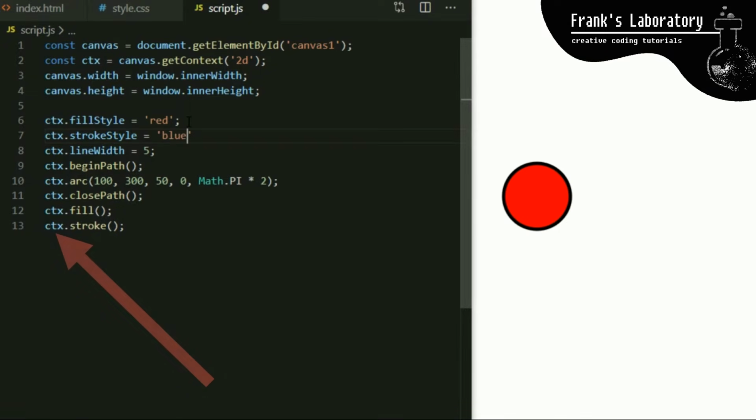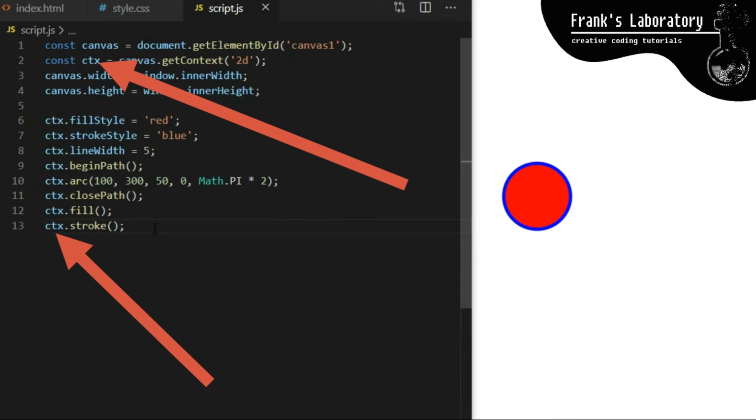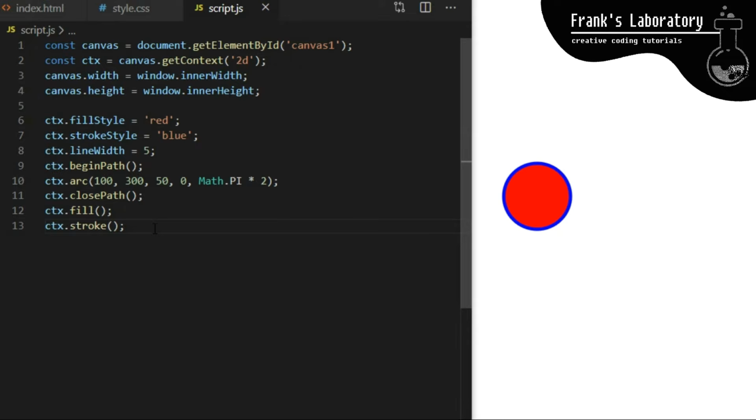Notice how I call all these built-in methods like beginPath, arc, and closePath from the ctx variable we declared on line 2. That is because on line 2 I set ctx to be equal to whatever the canvas.getContext 2d method returns. You might have heard that almost everything in JavaScript is an object. That certainly applies here, and getContext 2d returns a built-in object called CanvasRenderingContext2D.